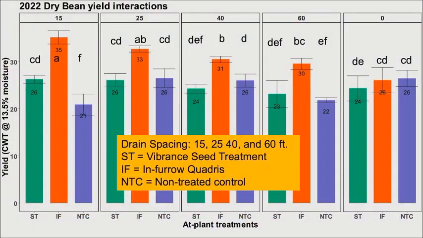And what else will impact rhizoctonia, right? So the other trial that we looked at at Crookston was one where the drain tiles were installed back in 2001. We have the spacing at 15, 25, 40, and 60 feet. The one that's 0 means no drain tile, right? So we're looking at a Vibrance seed treatment, the same seed treatment that's available for sugar beets, and we applied Inforo Quadris, and also this is my non-treated check, right?